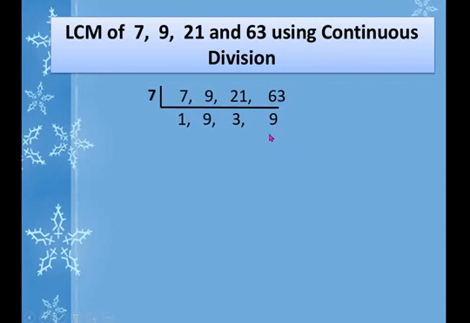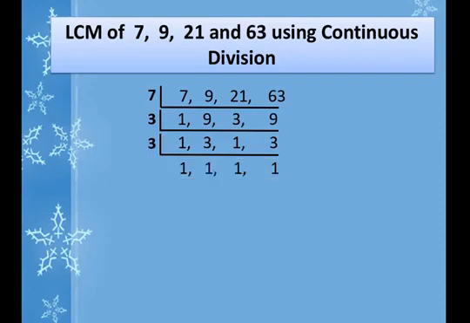We can still divide the numbers 9, 3, and 3 by 3. The answers are 1 divided by 3 cannot be, so just write 1. 9 divided by 3 is 3. 3 divided by 3 is 1. 9 divided by 3 is 3. From here, we can still divide these two numbers 3. Divide them by 3. So the answers are